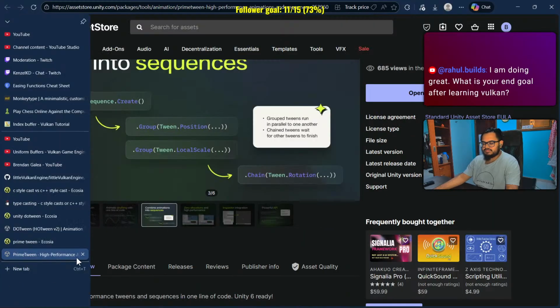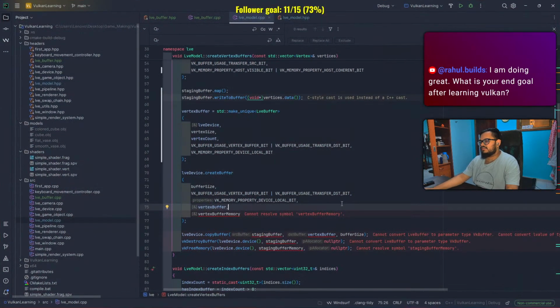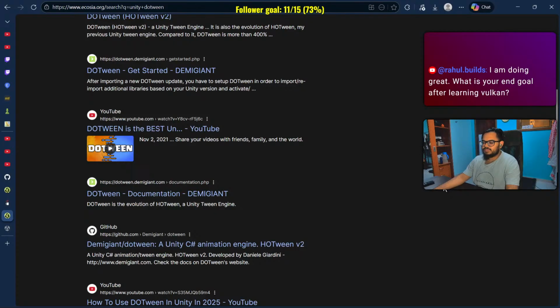So yeah, that will be my goal after this whole Vulkan thing is done. I might try and add some of my own functionality just to learn some more about Vulkan. But yeah, after that I'll go back to Unity. Maybe I'll do some multiplayer stuff, but I'd rather focus on getting a solid template for any future games that